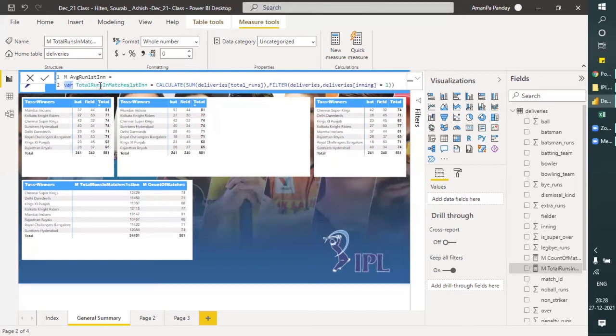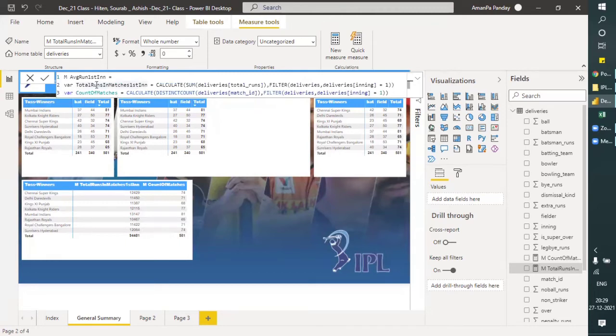The power of var is to make this a variable, and it will store the value of this calculation. Now similarly I will do alt enter, and again I will type one more var and just paste it for the count.